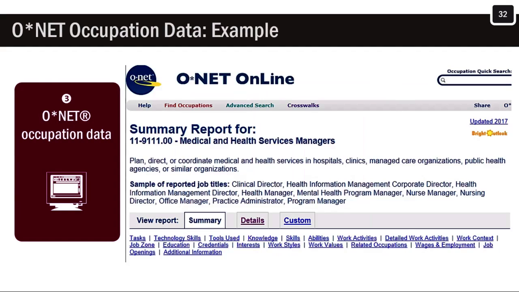So let's see what you get in a report. Let's take medical and health services managers. We usually have a couple of such managers in each cohort, so hopefully we'll have some in this cohort, and they, I'm sure, can relate and can fill us in on further details. And they also can tell us to what extent O*NET reflects their own experiences of working in this occupation. Anyway,